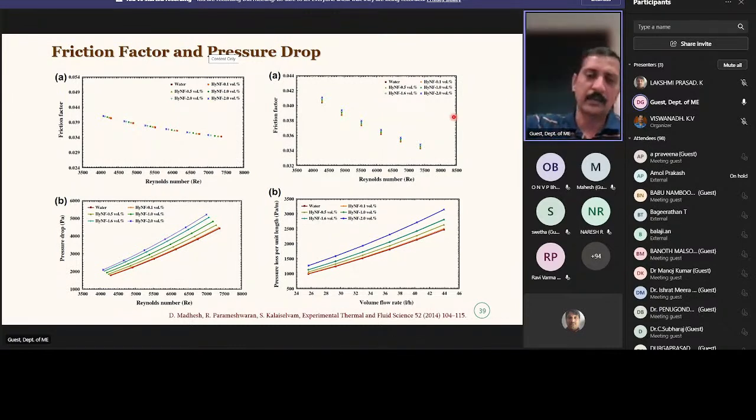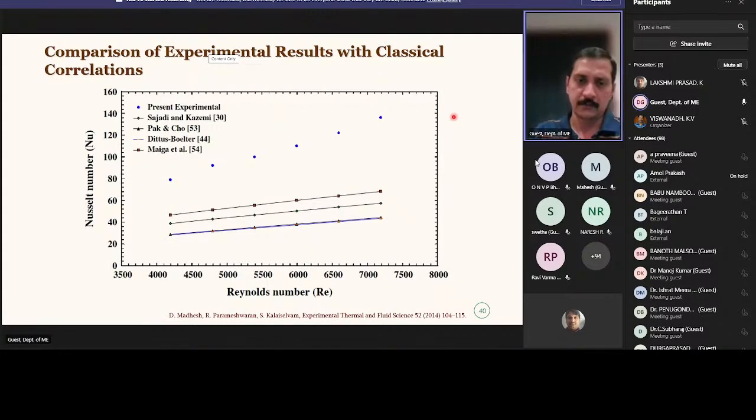So when you increase the nanoparticle concentration, it's again going to increase the pressure drop, because, as I said, more particles are going to occupy more volume and create more viscosity, and it's going to impact the power being consumed by the pump. And when we compare our heat transfer effect with respect to the standard correlations, we could see that the standard correlations could not well predict our